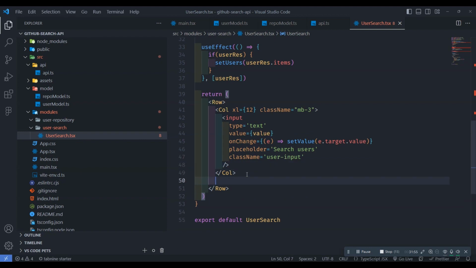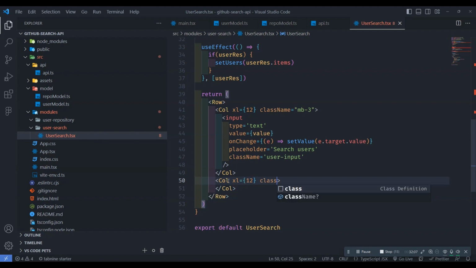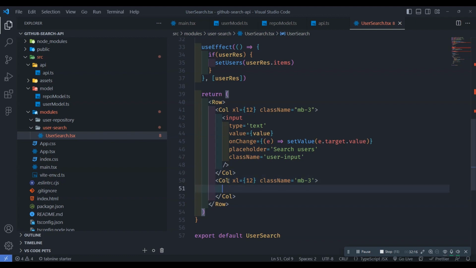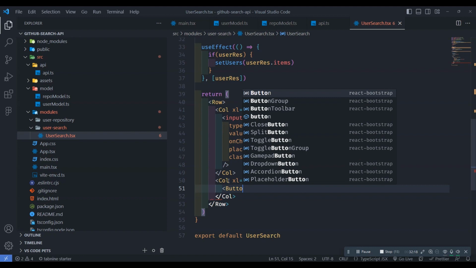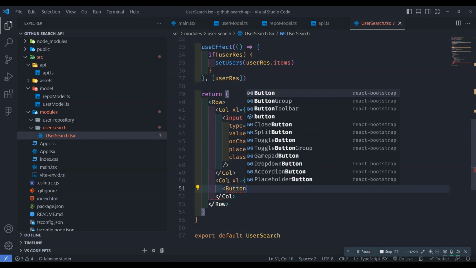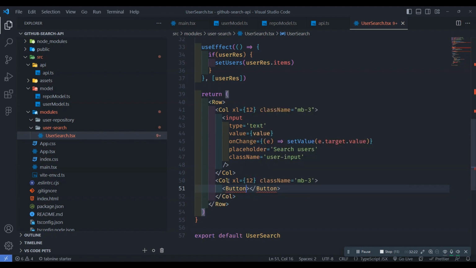We open another column or call with an SL12 and class name of MB-3, margin bottom 3, and inside it we add a button. There's a Bootstrap button, and don't forget to import it. A search button, search user,